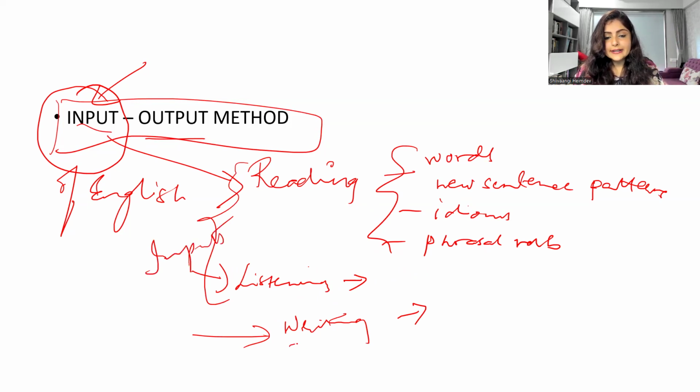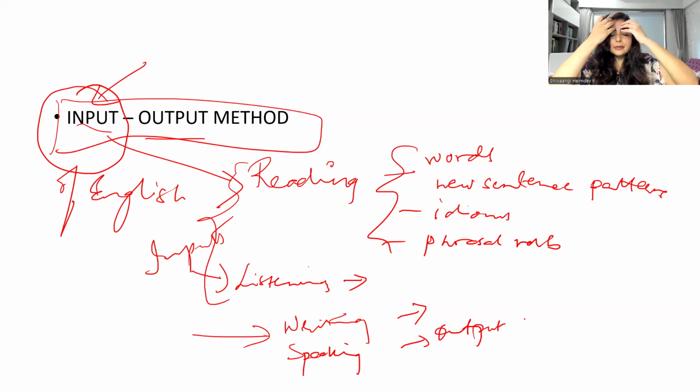And when it comes to writing and speaking, this should be your output. Whatever input you get through reading, through listening to podcasts, or through observing, immediately you have to translate that into an output. So you have learned a word today, you have learned a new sentence pattern today, put it in writing, put it on WhatsApp chats, put it on WhatsApp audio notes. When you put it on chats, you are using it in your English in the form of writing. If you're putting it on voice notes, you are using it in the form of speaking. So just use it.